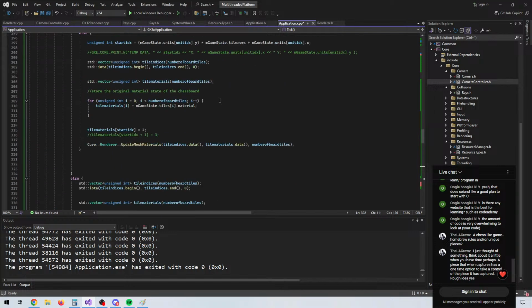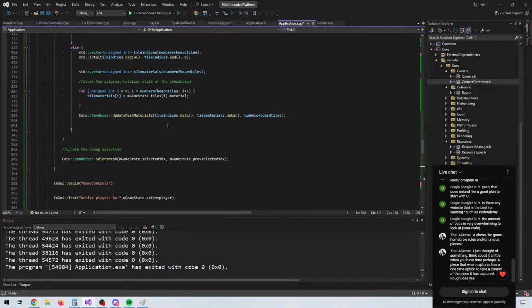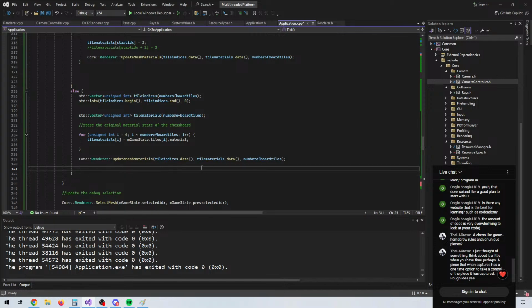So we could do something like an overall method that maybe